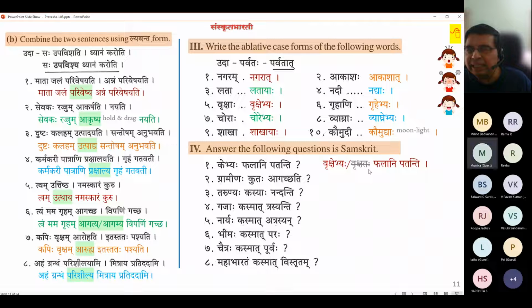You cannot substitute with vrikshatah because somehow it doesn't convey the bahuvachana. Vrikshatah palani patanti can mean from one tree many fruits fall, whereas the sense was from which all, right? So the answer would have been vrikshebhyah. They should have highlighted this in the tasil section. They did not. So here through these examples I am telling you. You cannot go tasil for bahuvachana or dvivachana. Dvivachana sometimes you will understand, Rama Lakshmanataha. We understand Rama was one source, Lakshmana was one source, because both the names are there, it is not confusing. So it is okay to use tasil for such cases.